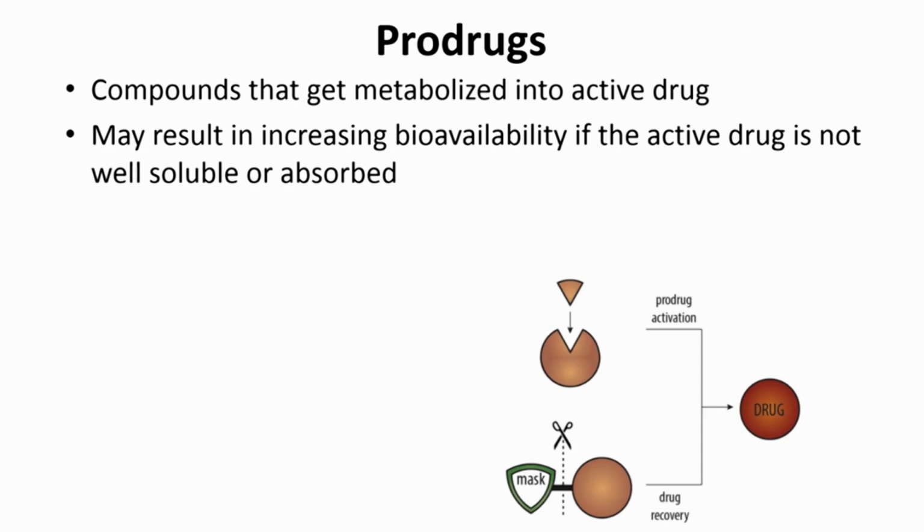You would want to do that if you want to increase the bioavailability of an active drug that may not be soluble or that may not be absorbed. So, let us say I have a drug which is very potent, but it is not soluble in water. I can't give it, because if I give it, it will clog my blood vessels. So, for those types of drugs, I will make them more bioavailable by conjugating them to, let us say, a molecule that is very hydrophilic. That causes the combination of the molecule and the drug to become solubilized in water, and then when it reaches its target organ or when it is in the body and circulation, it can get metabolized